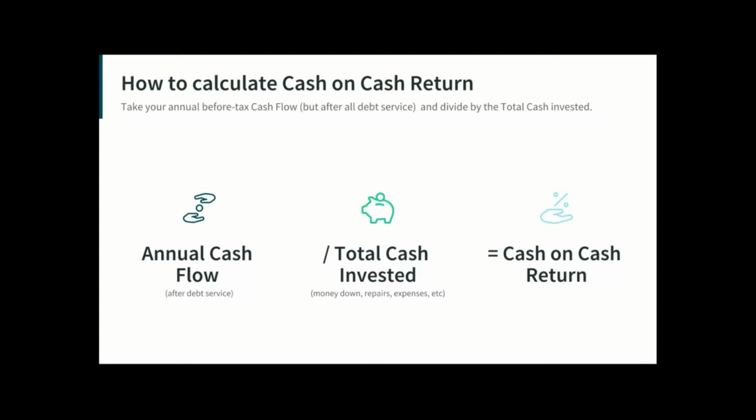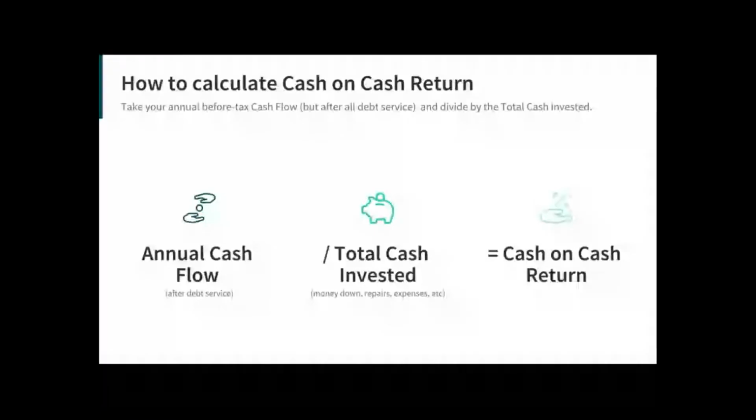invested in the deal. So to calculate total cash in, that is the sum of the acquisition costs of the building, so your down payment, any renovations you did, any closing costs, all that kind of stuff. So essentially your initial cash in out of pocket money into the deal. So playing around with the cash on cash return can help you determine the best way to finance a new investment. So it's used when choosing between potential investments and can help you forecast returns over time based on your